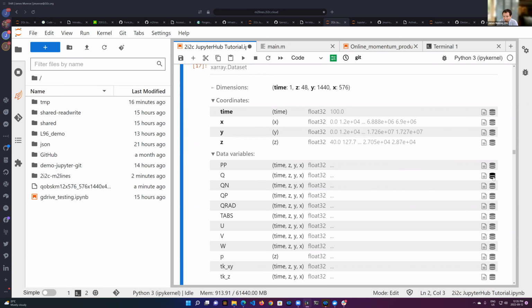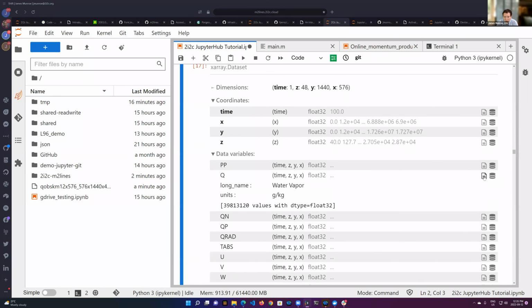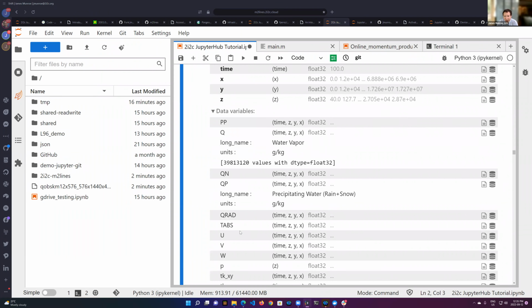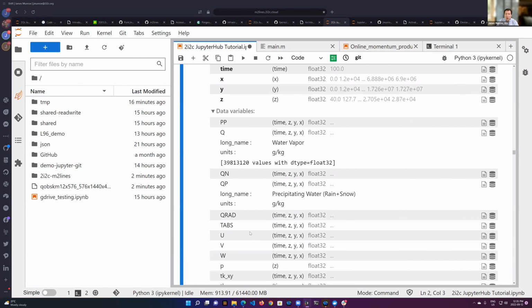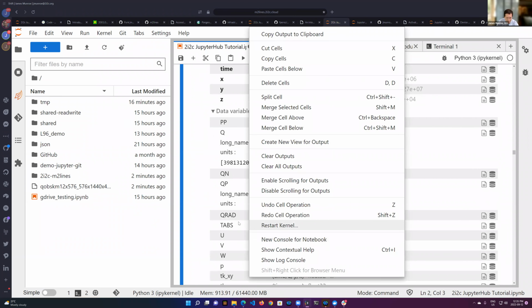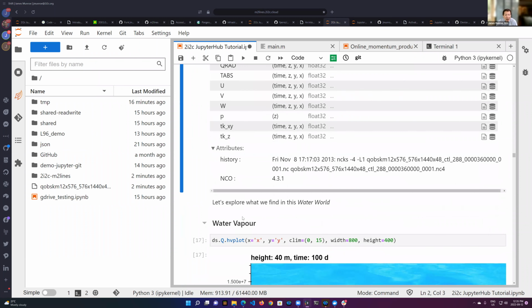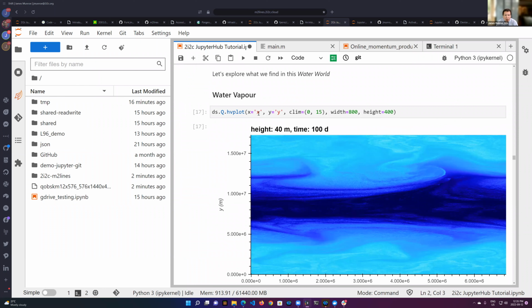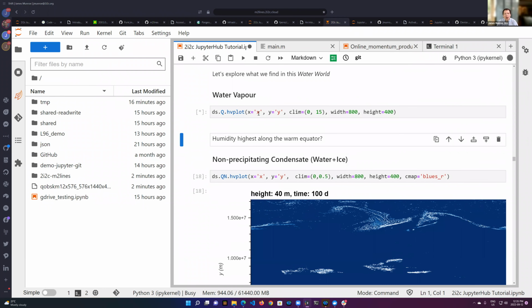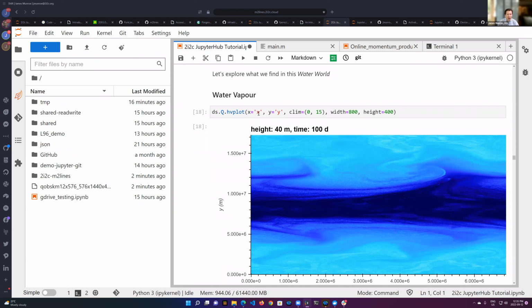We've got some water vapor, and we've got some precipitation going on here, some thermodynamics. And with that one file, you can explore the file like you would, whether on your laptop or anywhere else, right? Given a file, you may want to take a look at it. So let's take a look at what's in this water world, right? So I'm just using the Xarray tooling and the accessor functions and a package called hvplot to visualize this really